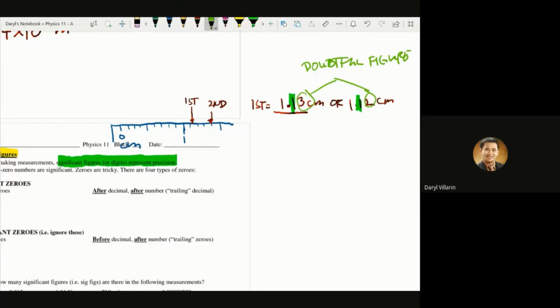That means that it's beyond what your instrument can read. Okay, so you need to do that for any measurement. So express it that way. And for the second measurement here,